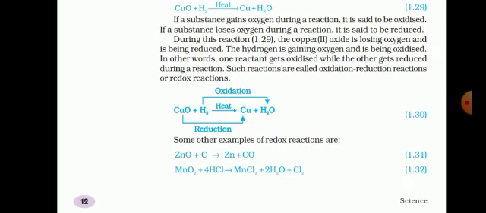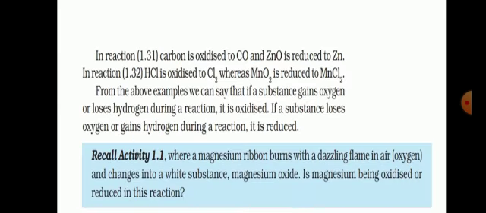And remember that all reactions are not redox reactions. Fine. So you have exceptions: your neutralization reaction is not a redox reaction, and your DD reaction, that is your double displacement reaction, is also not a redox reaction. And basically your redox reactions are exothermic in nature. From the word exo you can understand outside, and thermic means heat. So they release heat, they evolve heat, so they are exothermic reactions. All your redox reactions are exothermic reactions.